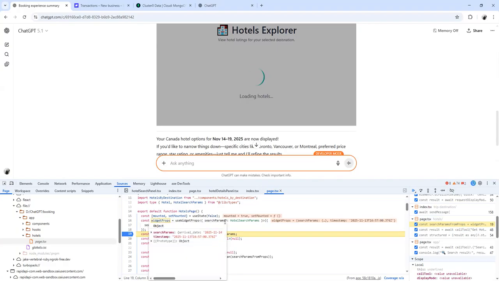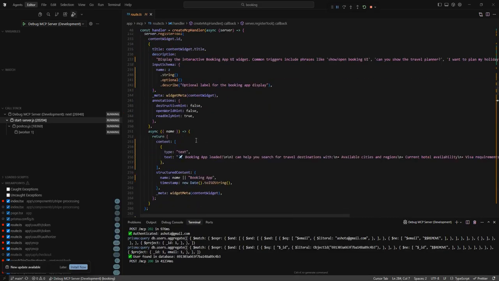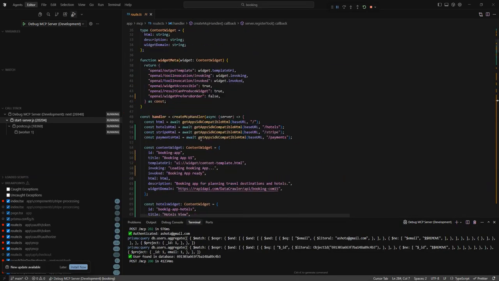So the hotels page TSX actually is called as defined in the MCP, where it registers as hotels list with the given path to hotels.